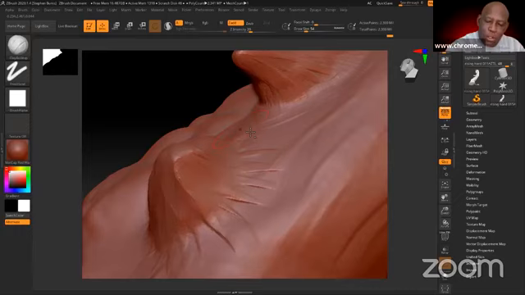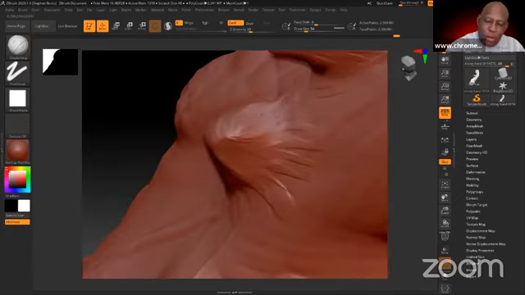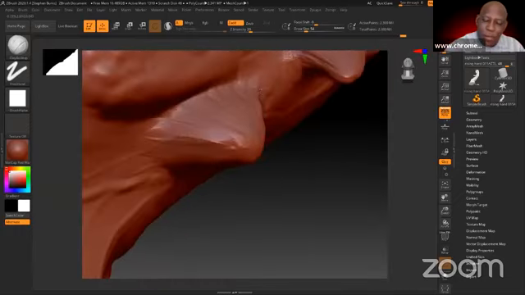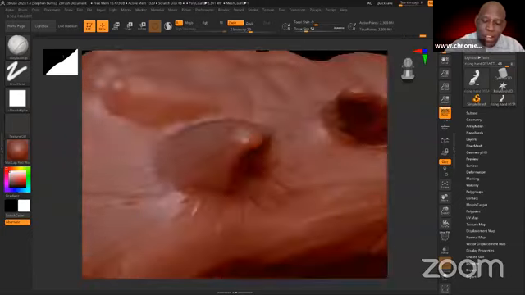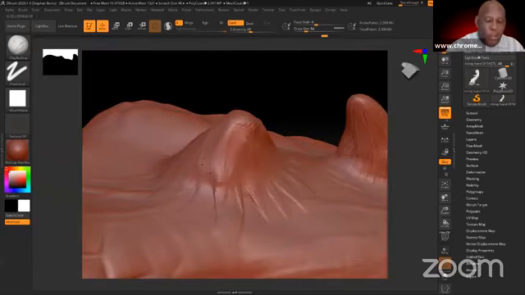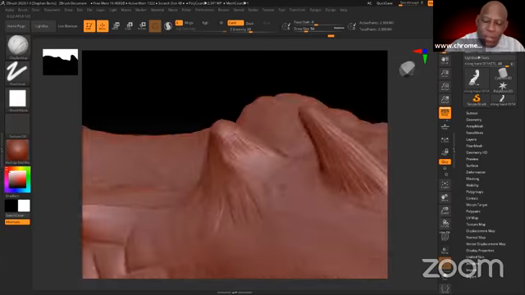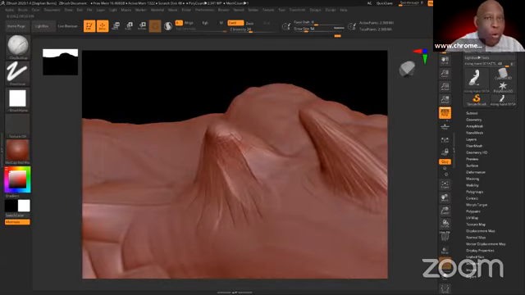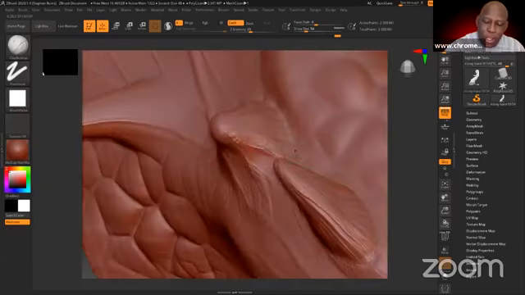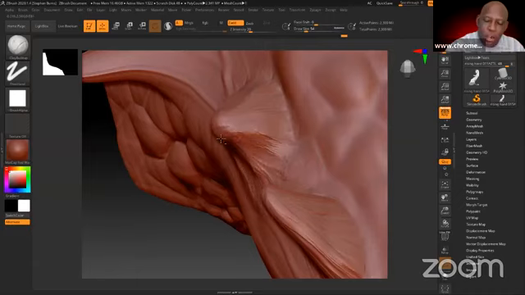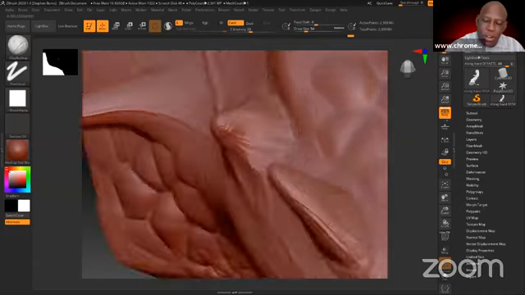Now, other ZBrush users might see this and say, you know what, I've got a better way. Hell, share it. There are other ways to do this. There are other ways I use to do this as well. Snake Hook may have been a good one. It may have given me a point right away, and then I could have added my clay brush. And this is pretty much how I work. This is how I pretty much worked all day long using this tool.